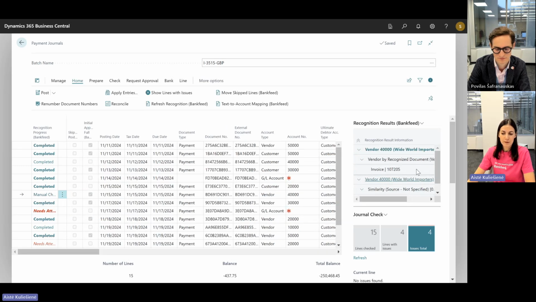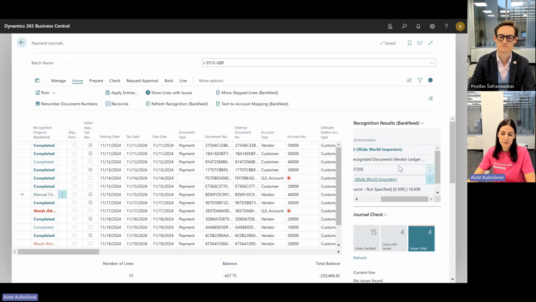By default, it is set that we accept the Bankfeed recognizer result, and we run an additional recognizer recognition process, and after some time this new recognition engine observes your work, how you apply your payments with documents, and this recognition engine will improve its results.